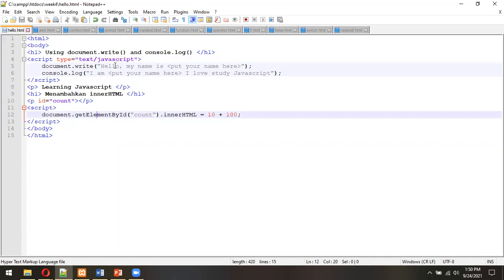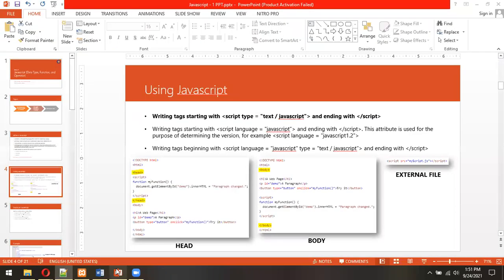Okay, so this is our JavaScript. Everything inside the script is the JavaScript language. So like CSS, the JavaScript language is put inside the HTML tag or HTML element. Maybe you see here there is document write and there is console log. So actually in JavaScript we can